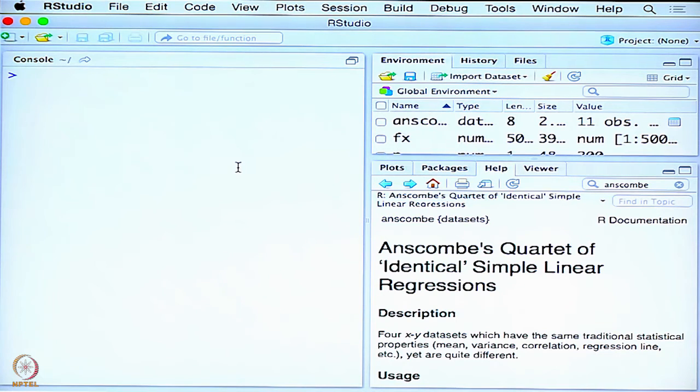So, here I have RStudio in front of me, which basically is a GUI, and through this we are going to understand the concept of a sampling distribution and then get back to the theory. Let us say I am going to go back to the same example of estimating the mean, and we want to try and understand what is a sampling distribution of the sample mean.